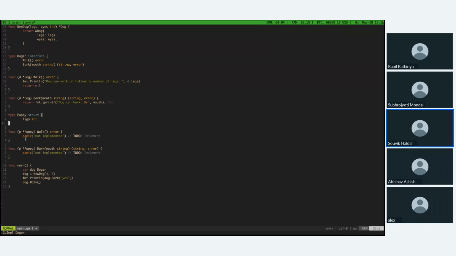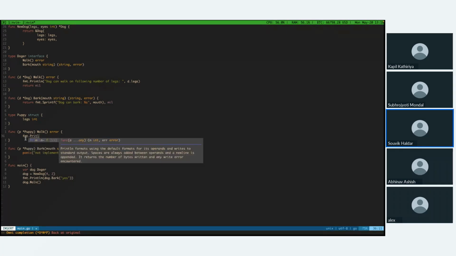Vim has a very good property in which what I did is that on top of it, I just did go impl, implement this Docker interface, and it implemented it. Okay, it created a basic implementation of it. Now we have to create it. So for walk also, what we can do is that